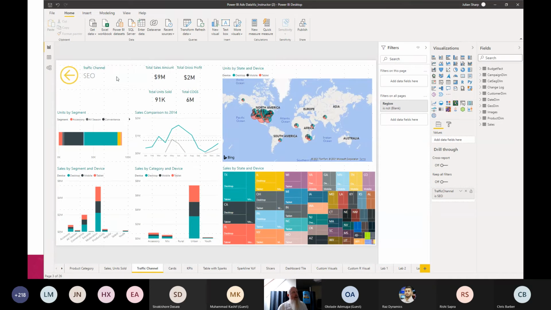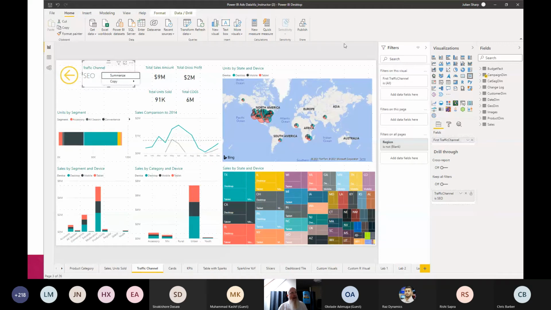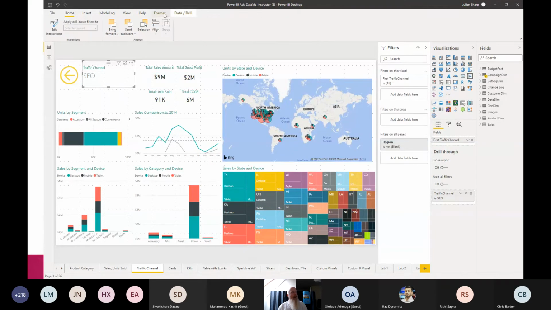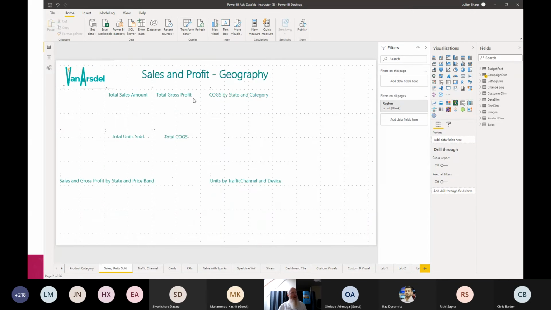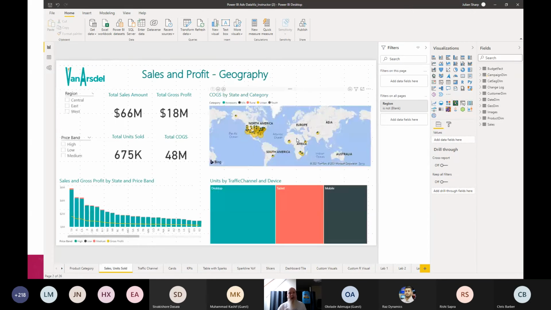Other things I really love, I can go create a bookmark. I go insert. Where is it? I can't ever remember where they are. I go create bookmarks in here. So I can go add in a bookmark, and the bookmarks then just become like little things. Like this is a bookmark. This was just going to take me back to the previous page, but I can effectively jump through to different pages with bookmarks. It makes it much more usable.